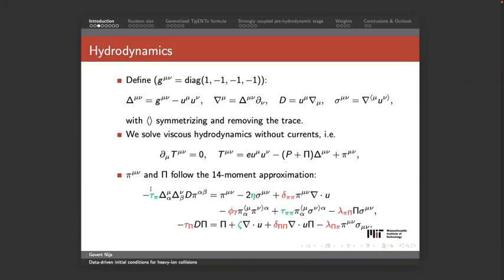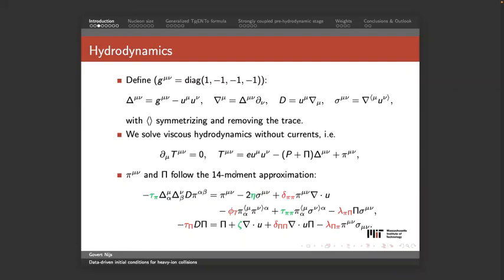Actually, what is the 14 moments approximation? Where does the name come from? What's the idea behind this? Well, the idea is basically that you do this derivative expansion. You write down all possible expressions with two derivatives, and then you look at the second law of thermodynamics to get rid of some of the